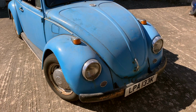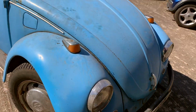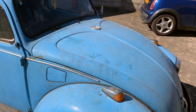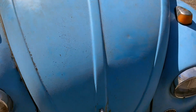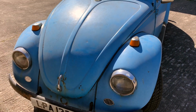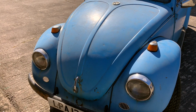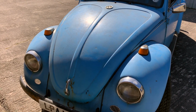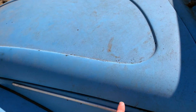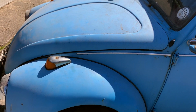So yeah, similarly with bonnets, however, one thing to bear in mind with these, because of the shape, you need to be careful with what kind of bonnet you're getting. Obviously there are lots of different bonnets for different years and different models, and maybe I'll go into that in a future video, the differences between Beetles, because you can get quite geeky with that kind of stuff. But the point is, some of the reproduction bonnets don't quite fit properly, especially this shut line here, because of the curve. So sometimes it is worth saving a bonnet,